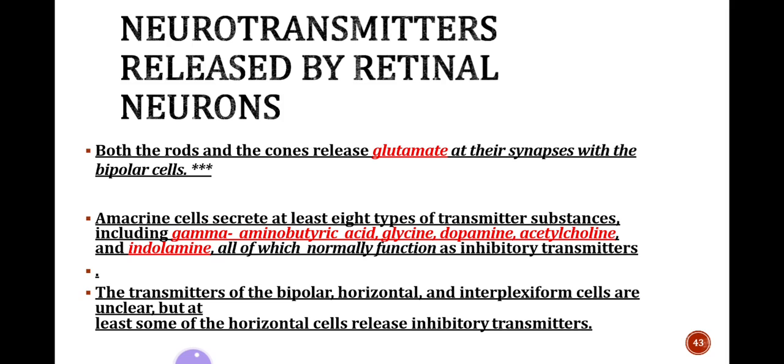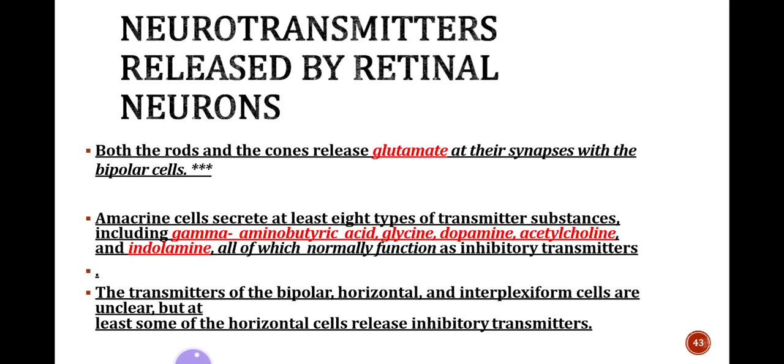These are the neurotransmitters by which the retinal neurons work. Both the rods and the cones release glutamate at their synapses with the bipolar cells. Amacrine cells secrete at least 8 different types of transmitter substances, including gamma aminobutyric acid, glycine, dopamine, acetylcholine and indolamine, all of which normally function as inhibitory